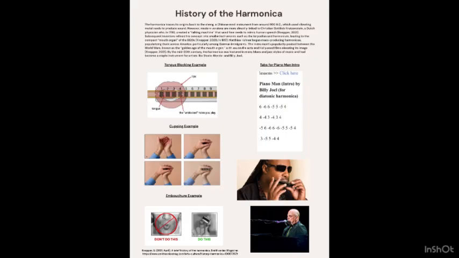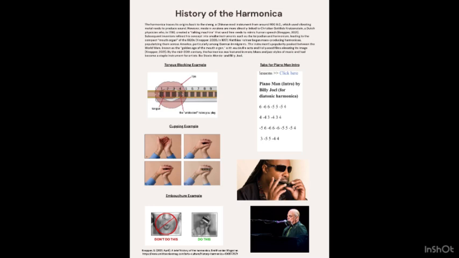And then in the evolution of music, by the mid-20th century, the harmonica became a very essential part of blues and jazz and that type of music, and it became a staple instrument for many worldwide known recording artists. And two of them that we see in this handout would be Stevie Wonder and Billy Joel. Those are two of my personal favorites that I absolutely love listening to, and they are well known for their harmonica skills. Some other artists like Bob Dylan